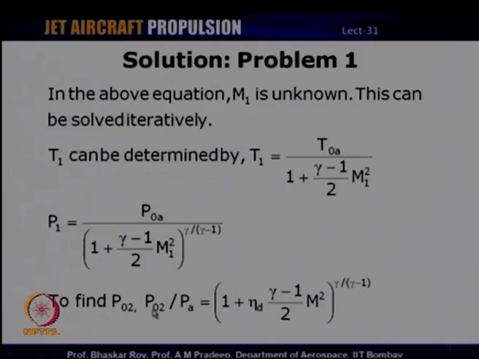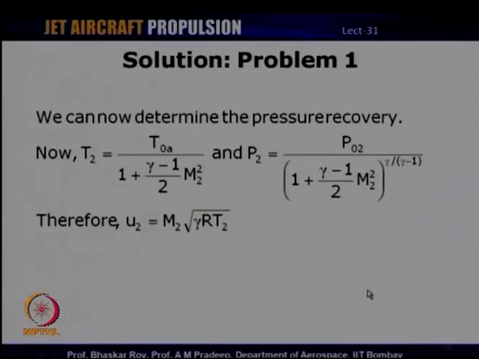Now, to find properties at station 2, we have the efficiency definition. So, we have P02 divided by Pa is equal to 1 plus eta d into gamma minus 1 by 2 M square raised to gamma by gamma minus 1. Once we find P02, we can find pressure recovery, and all we need to find is the